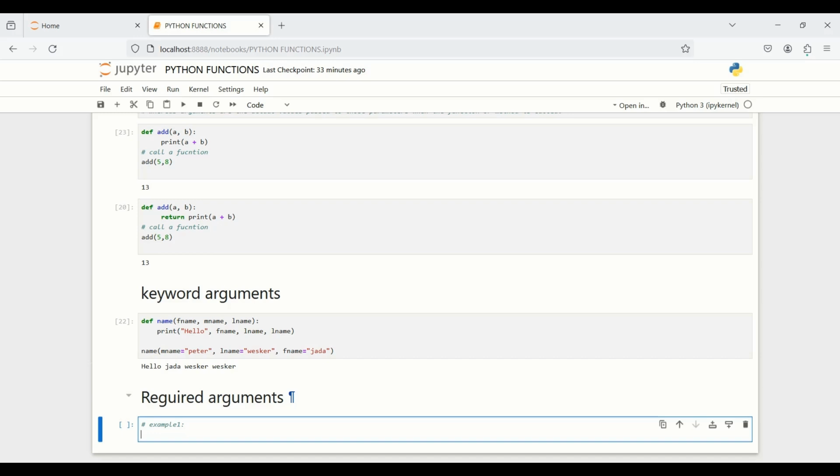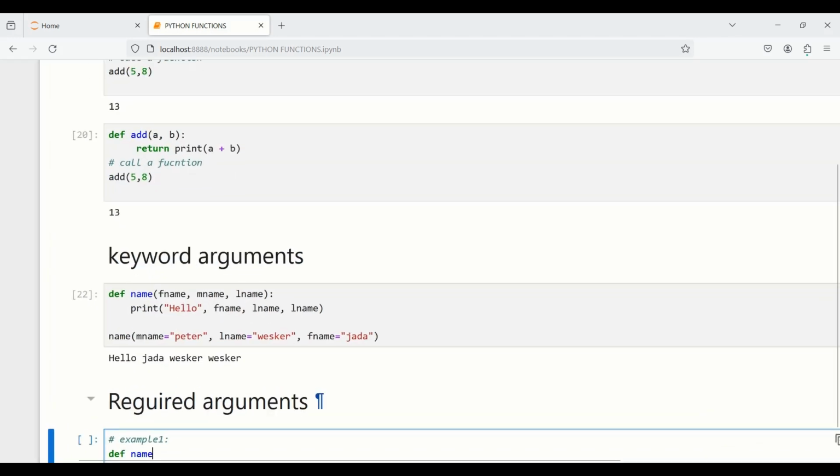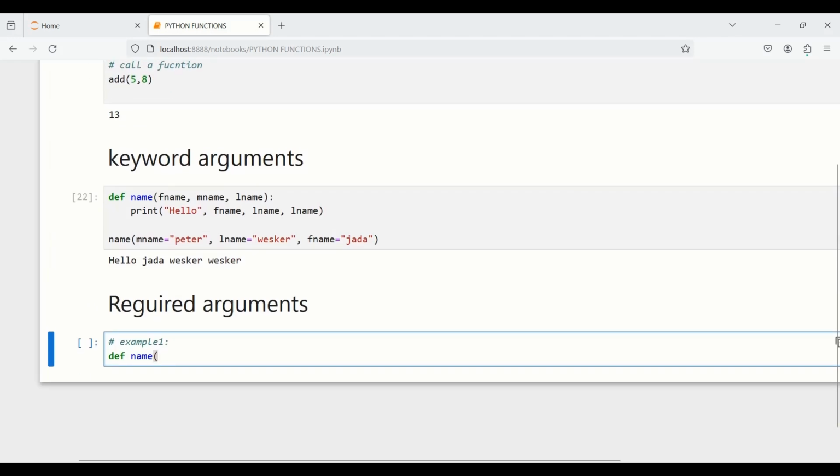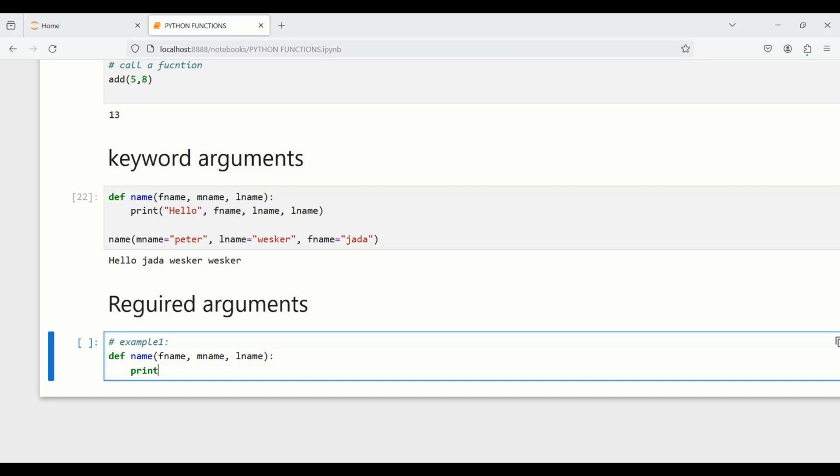when number of arguments passed does not match to the actual function definition. For example, def name, first name, m name, and type your last name, and then your print statement. So print hello first name comma mid name comma last name. So this is single m,